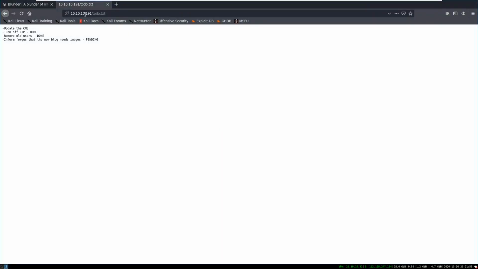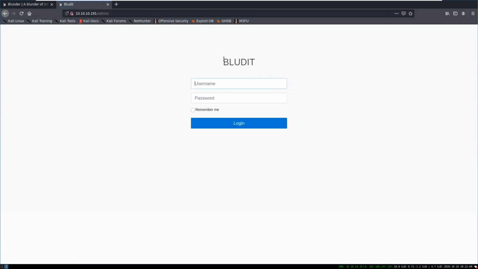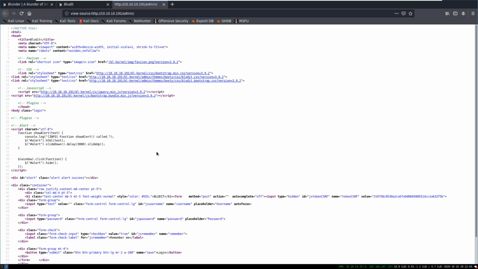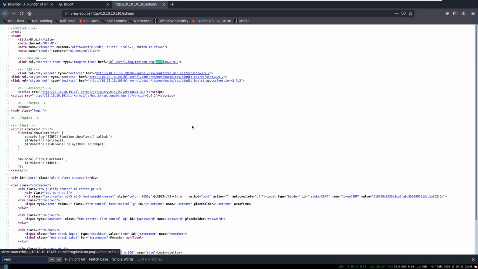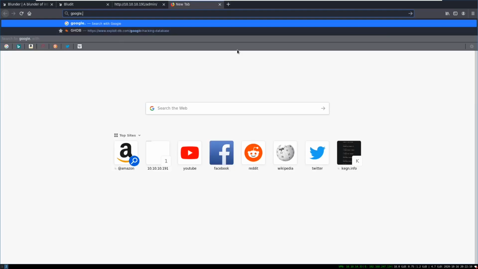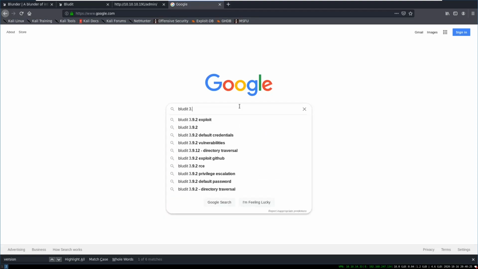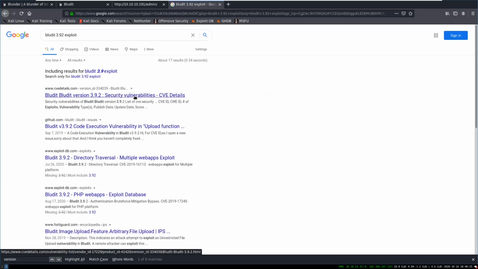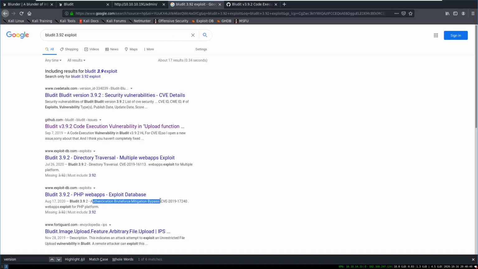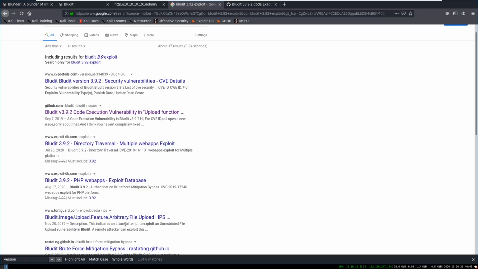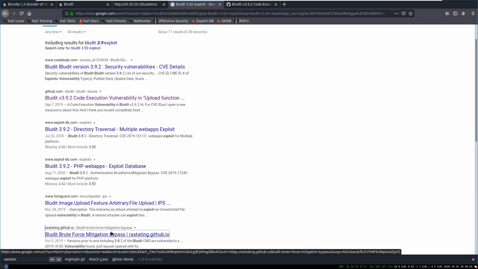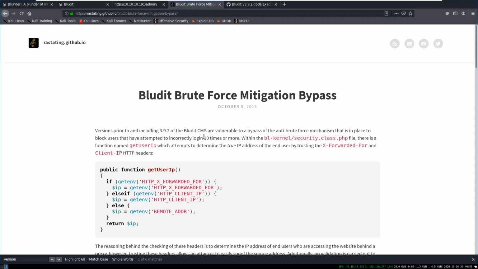Okay, and looking at admin, we see Bludit. So looking at the source of this, looking for anything that says version, looks like we see 3.9.2. So if we head over to Google, we can search for Bludit 3.9.2 exploit, and we see CVE details. There is an RCE that might be useful for later. Authentication brute force mitigation bypass. Yeah, so it looks like brute force mitigation bypass might be a good thing to look at,